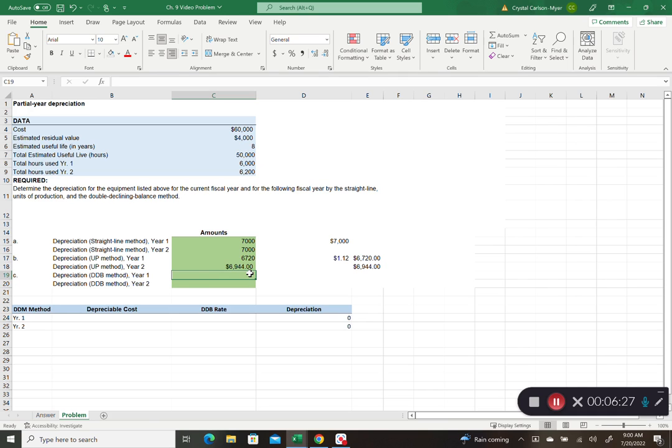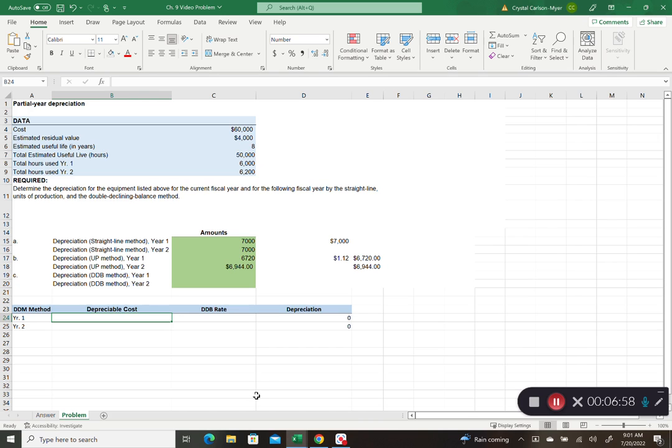Double declining balance, again, has 3 steps. So we have 1 step for straight line, 2 steps for units of production, 3 for double declining balance. I set up a little chart down here. To get our double declining balance, we're going to take our cost. Always start with the cost. Do not take out salvage value in the double declining balance method, because you're going to end up with a salvage value of 4,000 and adjust at the very end. So in the 8th year, you'll need to adjust for that